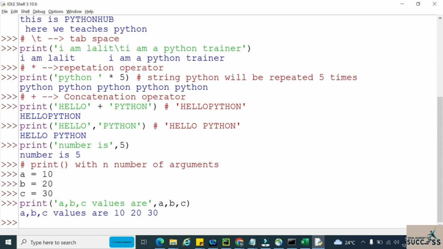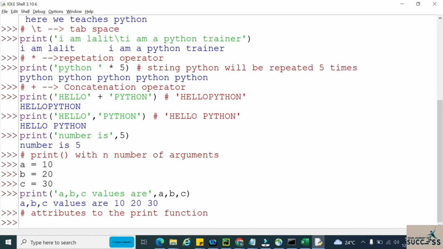Next thing is attributes to the print function. The next thing we need to understand is attributes to the print function. Mainly for the print function we have two attributes. First one is